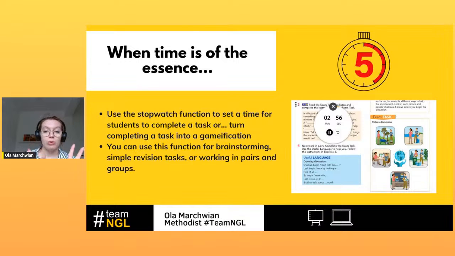This is a function I really enjoy using because it allows me to change a very simple activity into some kind of competition. It allows me to use the stopwatch and assign my students a time frame for each exercise, or give them specific time to complete a task. Okay, this is